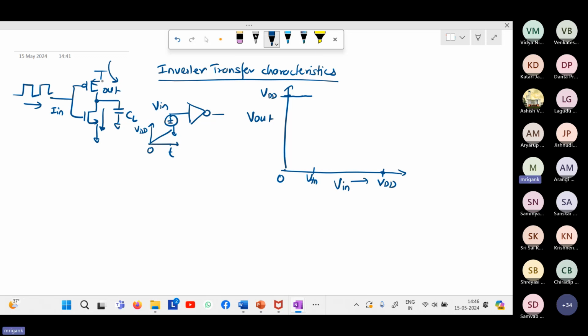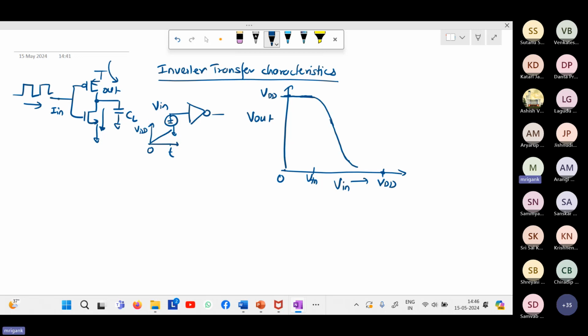At that time, PMOS is also on because you still have VSG greater than mod VT of the PMOS. So both of them will be conducting, and NMOS is just starting to conduct. Beyond this point, as you make the input voltage higher and higher, NMOS current will start increasing further and further. As a result, the voltage will start going down. So in this region of the transfer characteristics, both NMOS and PMOS are on, conducting current. You go on dropping the output voltage because NMOS is becoming stronger. And at a certain point,